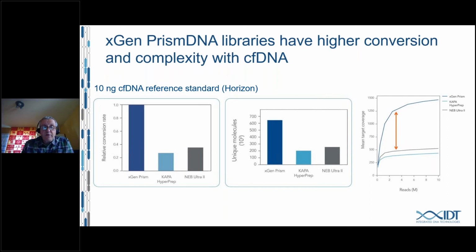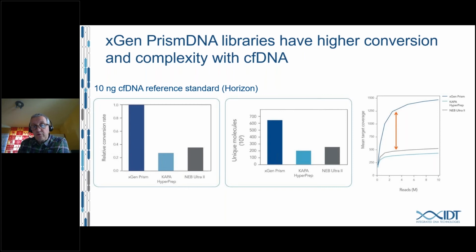By also counting the start and stop positions of the insert molecules and taking into account the unique molecular indexes, we can calculate the number of unique molecules that are in the sample. And this is for the Prism library prep kit quite a bit higher than for the other two that have been tested. And on the right panel, you can observe that with increasing number of reads, the mean target coverage is not